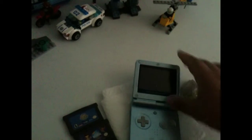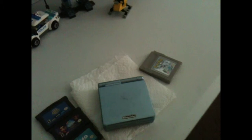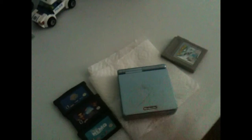I'm really happy to have one again, because I bought one a while back from a city nearby, from this guy for like $20. It came with the charger and the Advance SP. And smart enough, I kept the charger because I did not have a Game Boy Advance SP charger, and it's also used as a Nintendo DS charger for the fat ones. But yeah, this is going to be a keeper. I'm going to keep this in my collection,